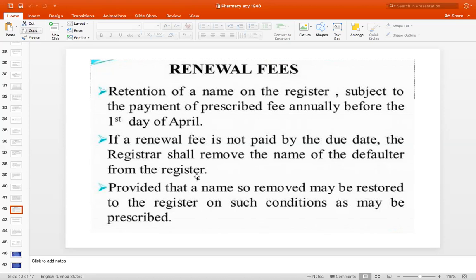Ma'am, if we have applied for our registration for 1 year, will that same registration be applicable? And if in between